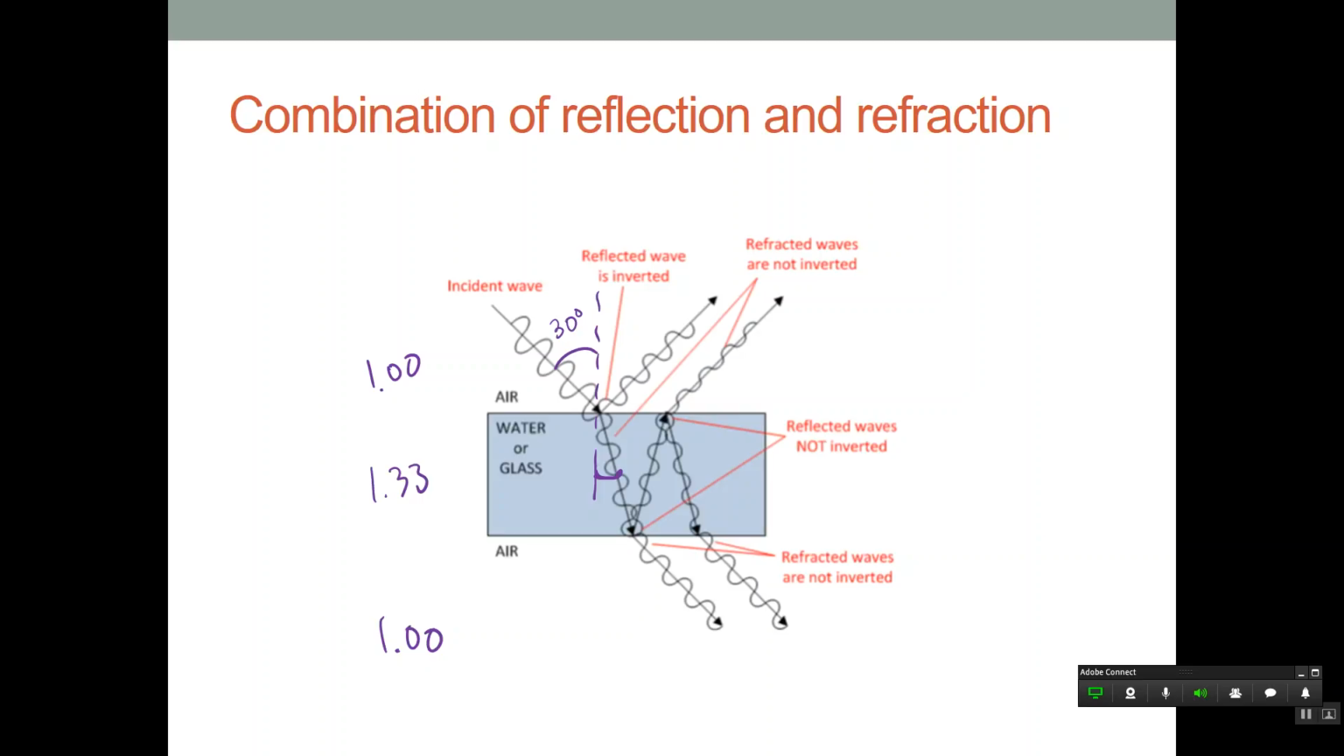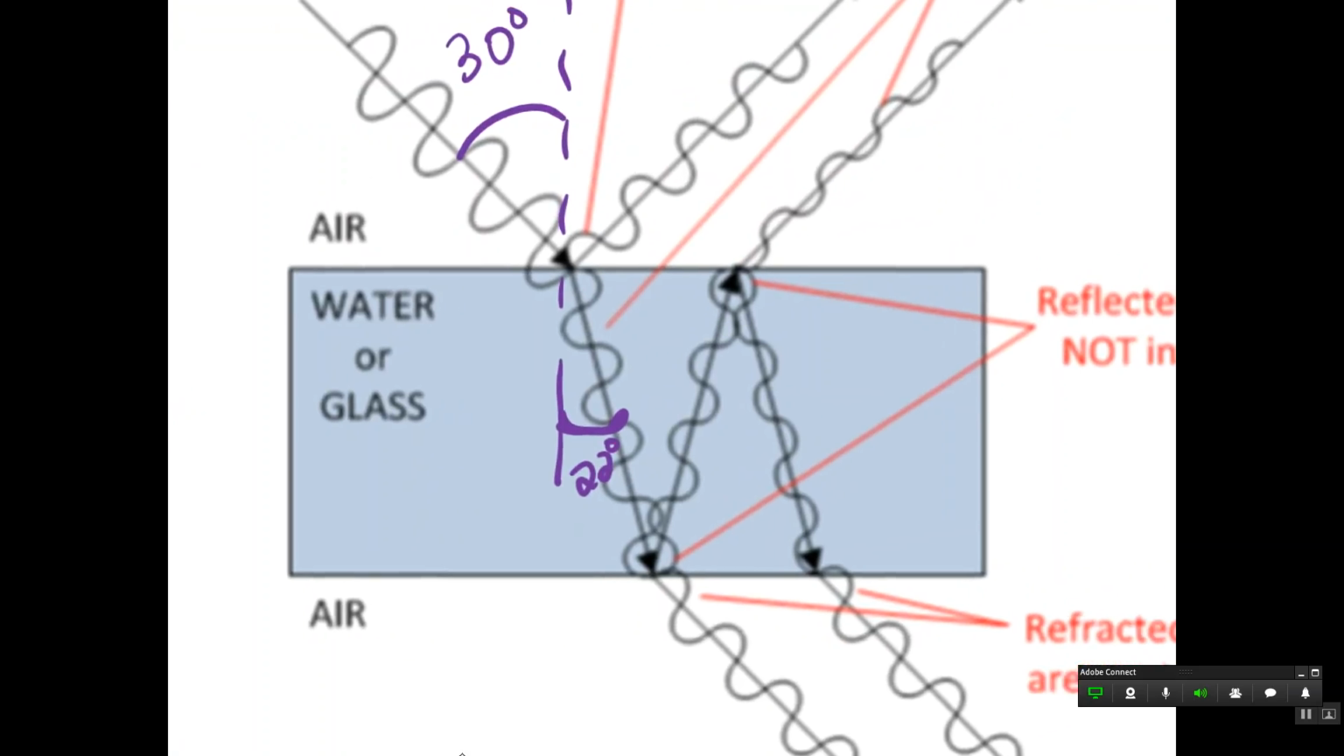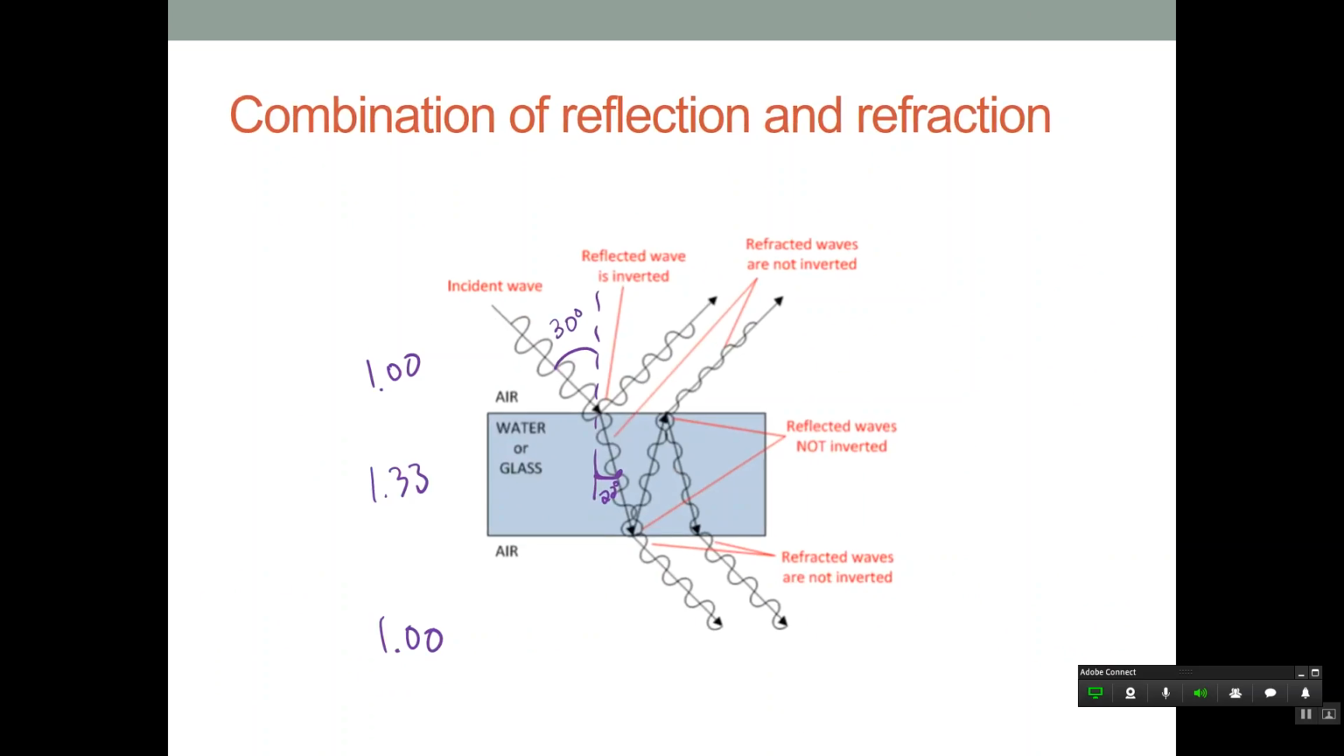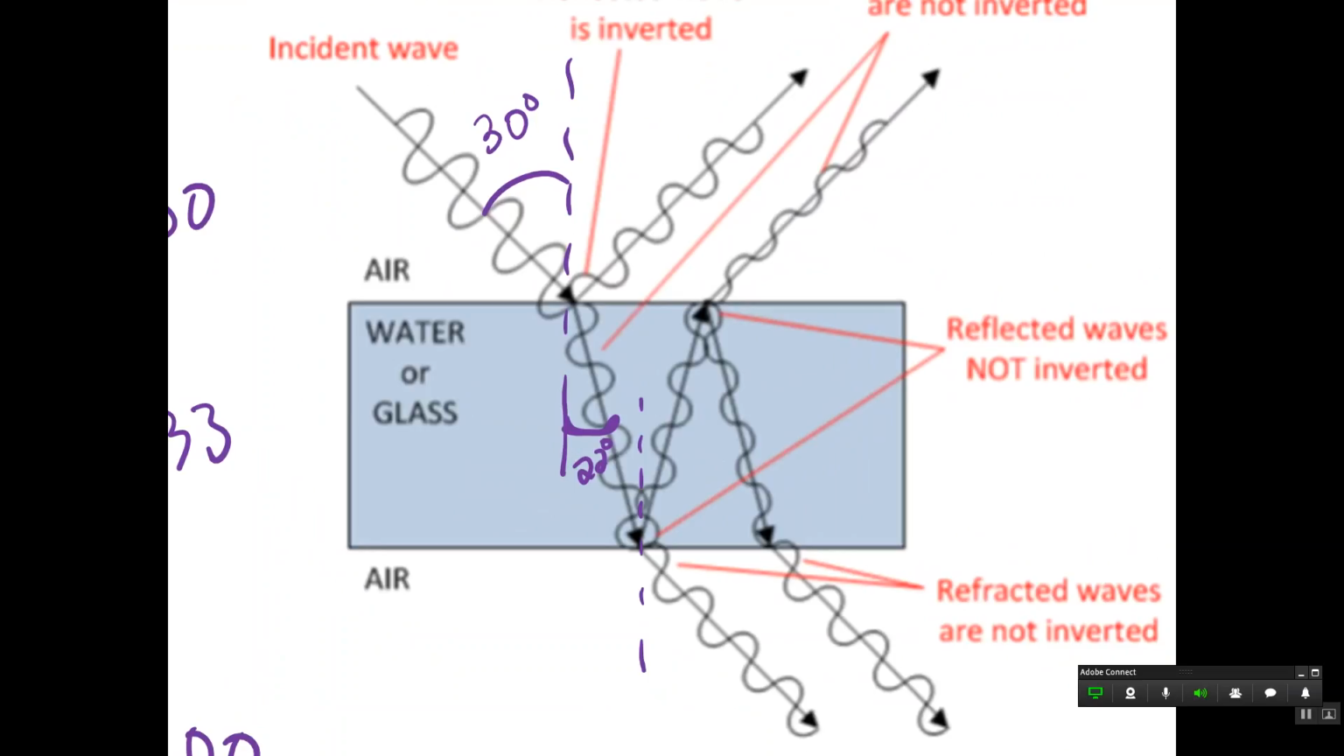Is it going to be smaller or bigger? The angle, is it going to be smaller or bigger than 30 degrees? Smaller than, yeah. 22. I'll go with 22. If I just zoom in here real quick. Actually, I'm going to put it on my line. If I zoom in here,